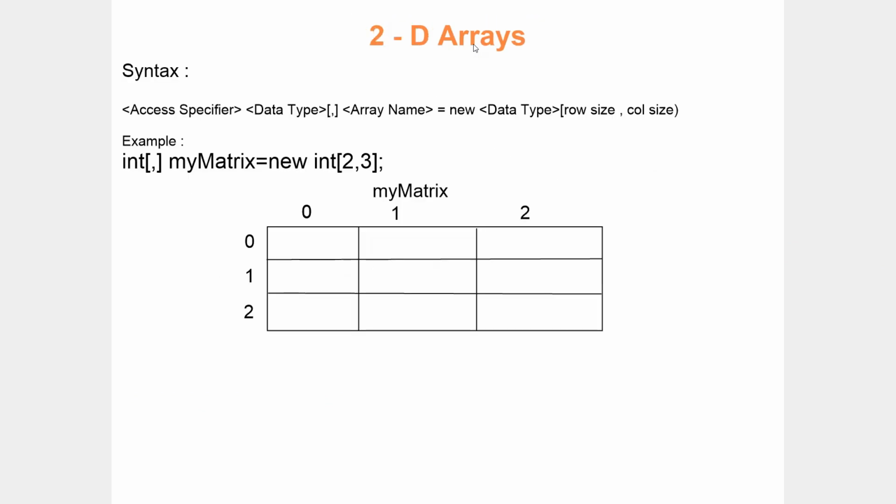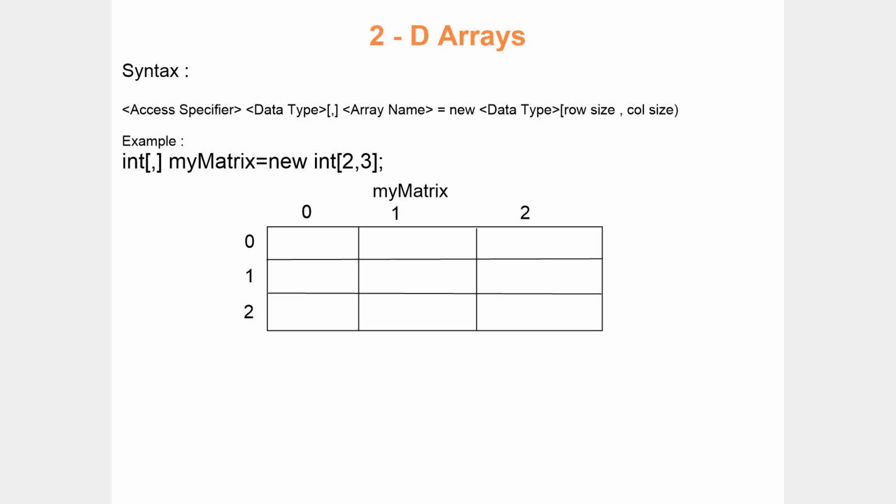Two-dimensional array. When you talk about 2D, it will have two different dimensions. What are those two different dimensions? Those are going to be row and column. The first dimension is called row and the second dimension is called column. Basically, whenever you want to arrange your data in the form of rows and columns,